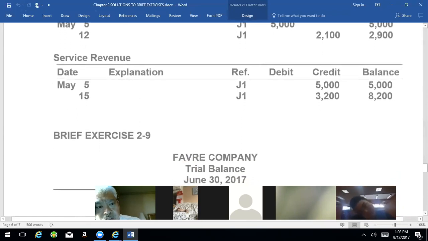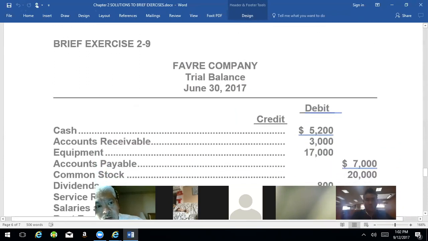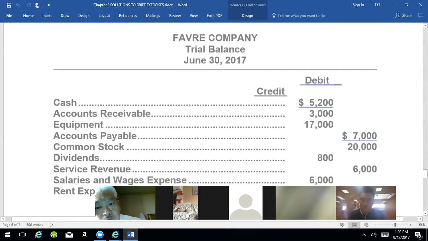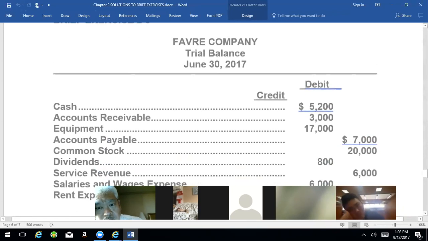And here we're looking at ledger accounts. This one is what's called a trial balance. In a trial balance, you put all the debits on one side and all the credits on the other side. Now remember,